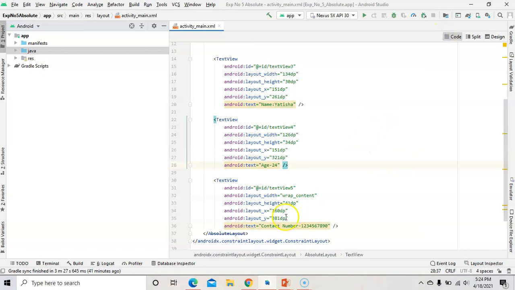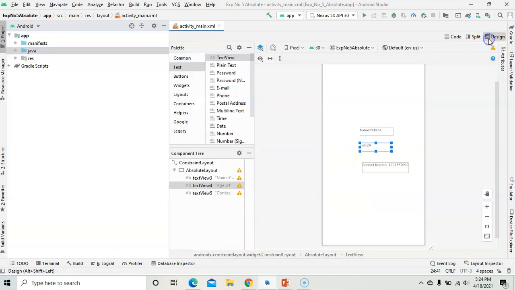Now I am increasing the Y position of text box 3. I am making it 400. So it will go on the down side, bottom side. See, it is little bit on the bottom side now. So like this. So this is the question of absolute layout for exact location. So like this, user can give the exact position by changing x and y positions.